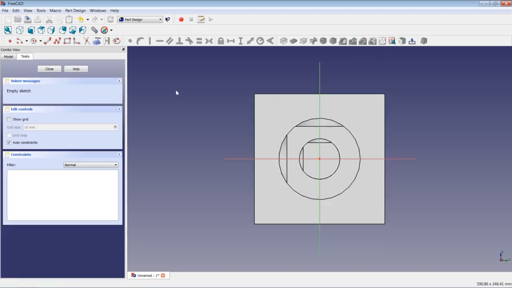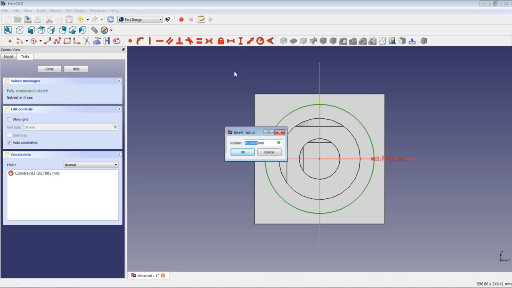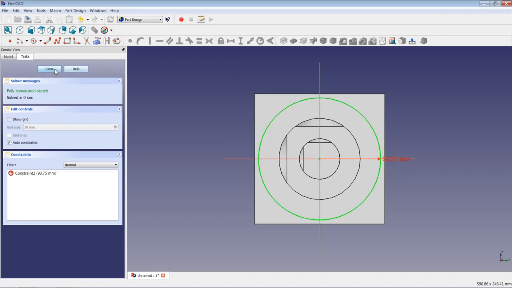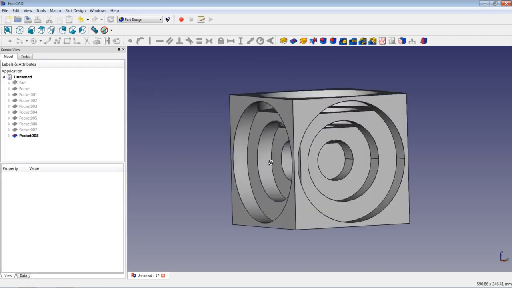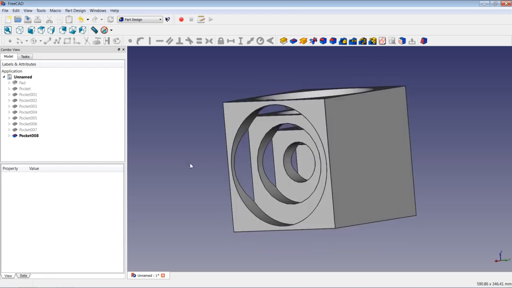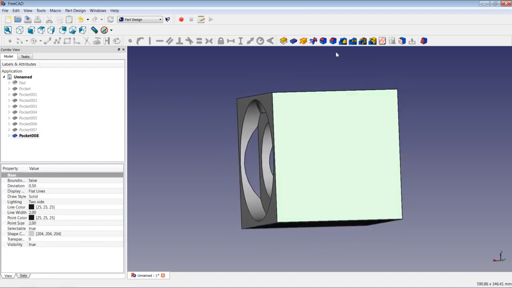Okay. Highlight the face. Call the sketcher. Create a circle. Make sure the center of the circle will be identical with the origin of the sketch. And then let's highlight the circle here, apply a radius of 93.75. We close the sketch, we apply pocket operation with a depth of 25 millimeters. And here we go. Now with the next face,